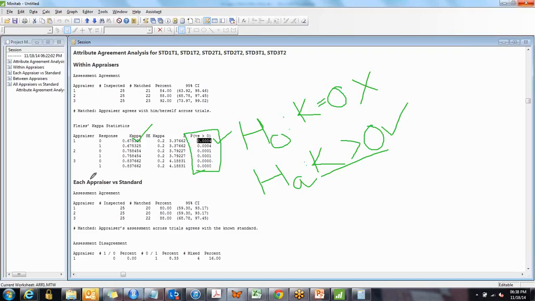Yeah, the next thing is each appraiser versus standard. This is the same thing as our green belt. So 25 samples is what appraiser A has actually measured. Out of that, 20 of them are matching with the trainer's values, that is the standard. So if 20 out of 25 matched, the percentage will be 80%. If it's greater than 70%, then you cautiously accept. Greater than 90%, you blindly accept it. Yeah, so that is what we do. Let me take this down further.